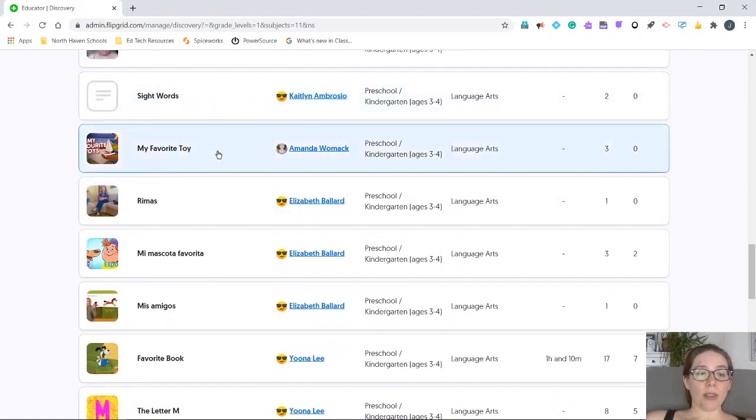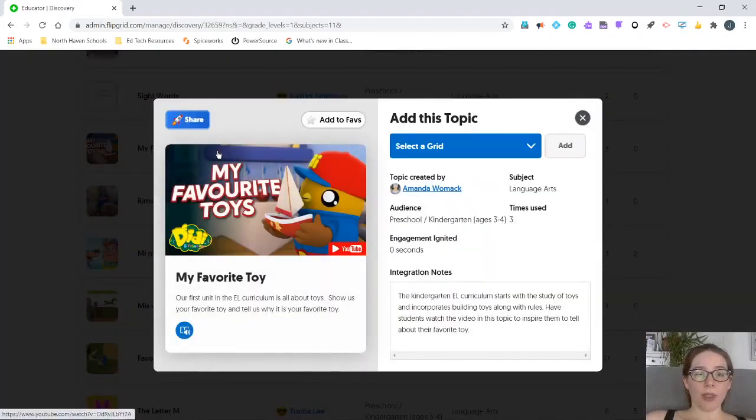So let's try this one, my favorite toys. It will show you whether it's a video or an image or a GIF here. That's kind of what the students will see to help them with the assignment. This one's a video. It will show you the integration notes that the teacher included when they made the assignment. You have the option to add it to your favorites so that if you don't want to assign it yet, you can just save it for later. You also have the option to share directly from here by hitting that share button and bringing up that share